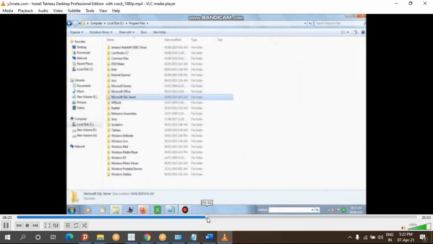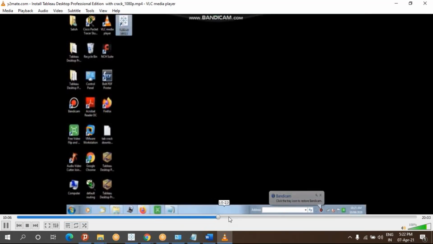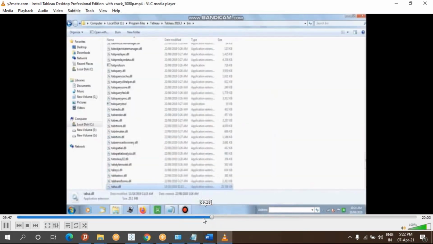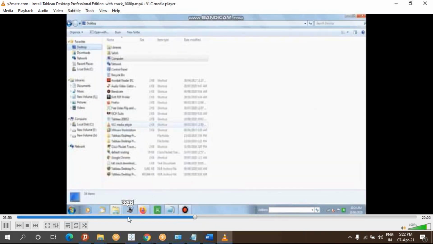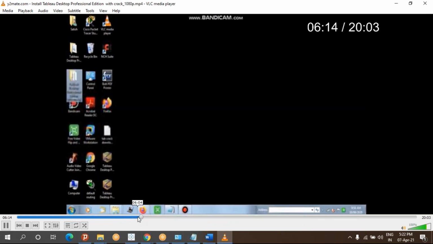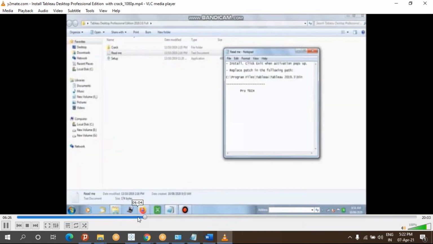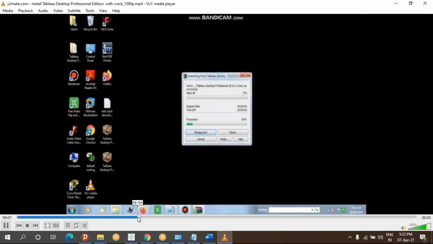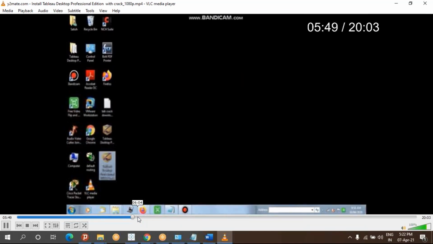This much you don't need to do at all. Why? Because we have the files. These are the portions on how you have to download the file.